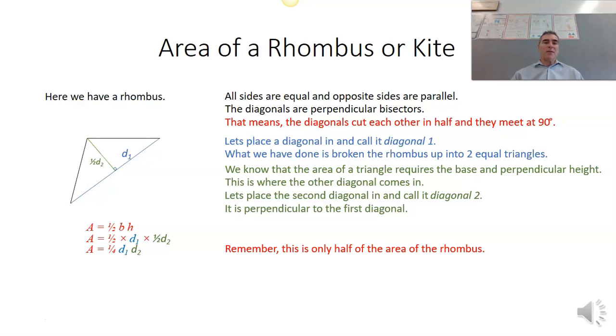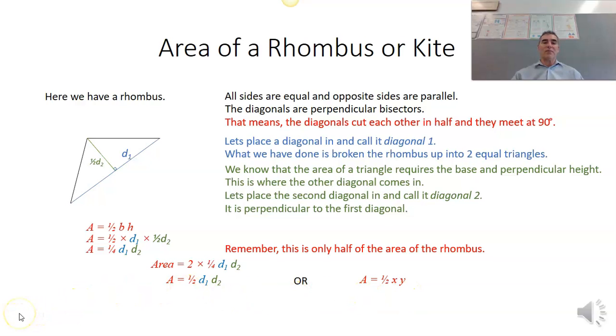So to find the actual area of the rhombus, we've got these 2 triangles, so we've got twice that. So let's double that because we've got that upper triangle and that lower triangle that we had before. And so 2 lots of a quarter is actually a half. And so our area for the whole rhombus is multiply the diagonals together and then half that result. Or sometimes, instead of writing D1 and D2, we use X and Y for the lengths